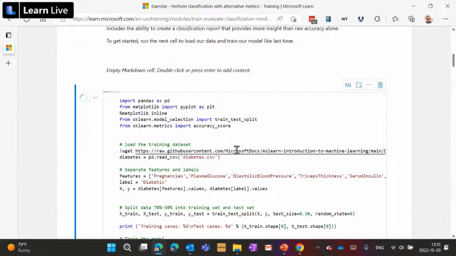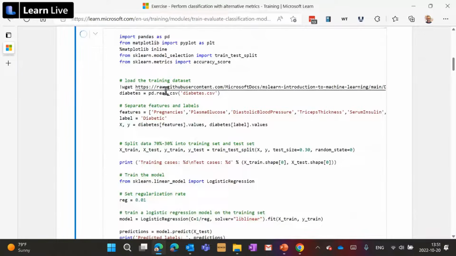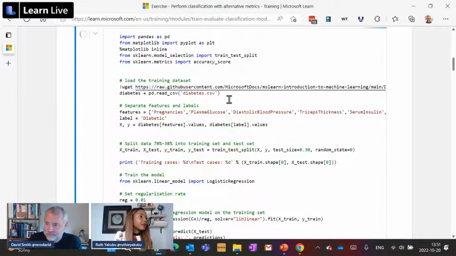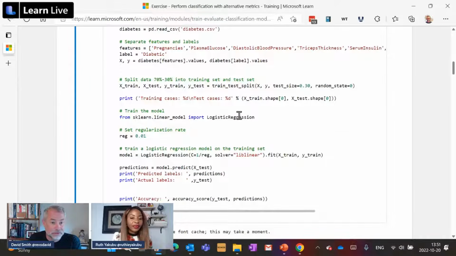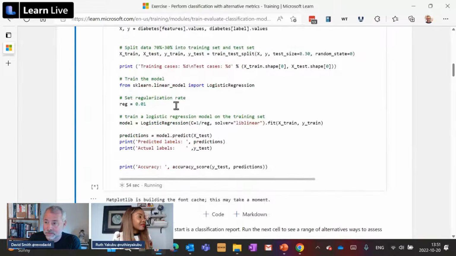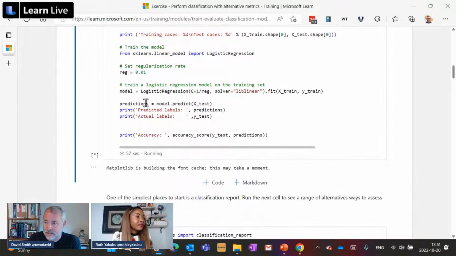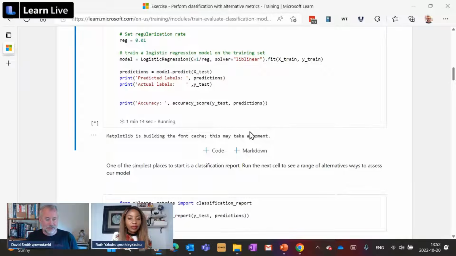We're importing the data from GitHub, reading it into Python using read CSV, defining our features and labels from the data, using the logistic regression model to actually fit the model with the regularization rate of 0.01. And then once it's finished loading in from matplotlib, we'll be able to print the predicted labels from the model and compare those to the actual labels, and then do that overall accuracy statistic that we did in just a moment ago. We'll have that finished. And the interesting thing is a